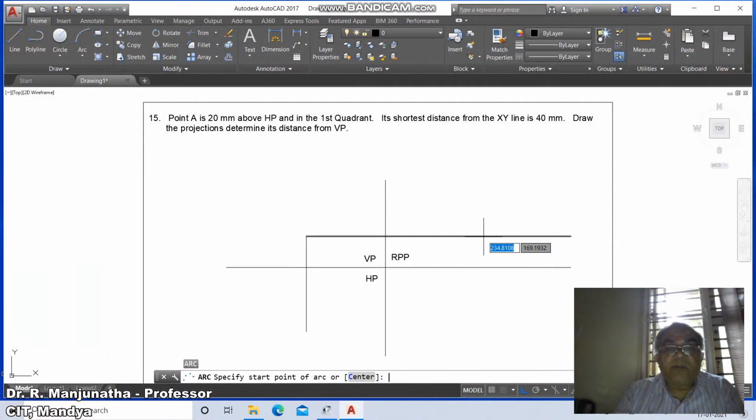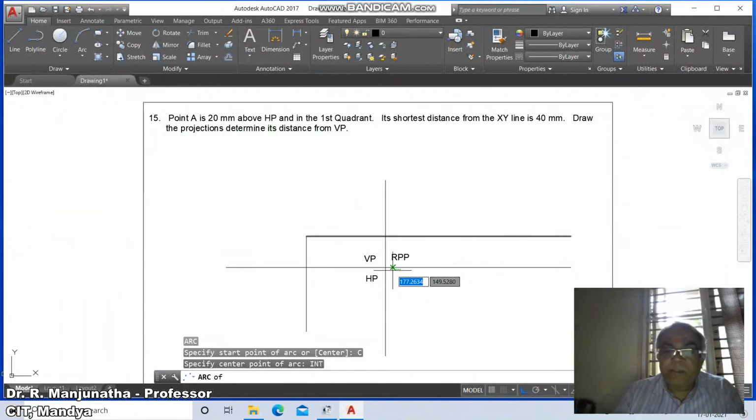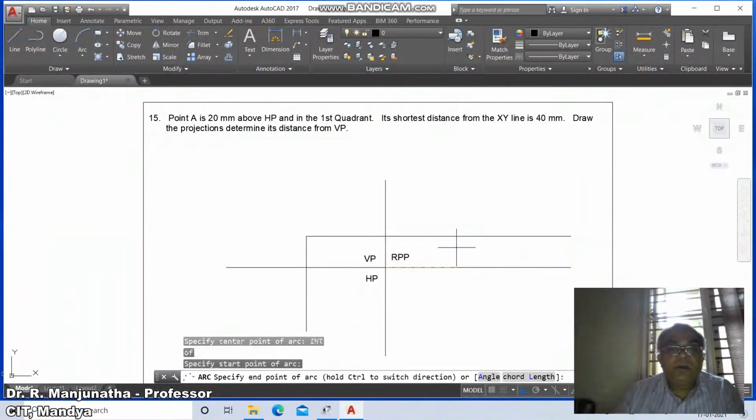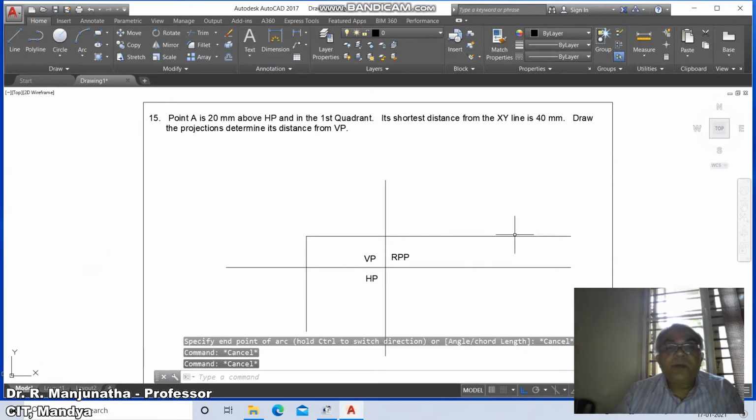Take the start point of the arc or the center, take the center point of this, then the radius start point, then the radius angle. So now it's not there.